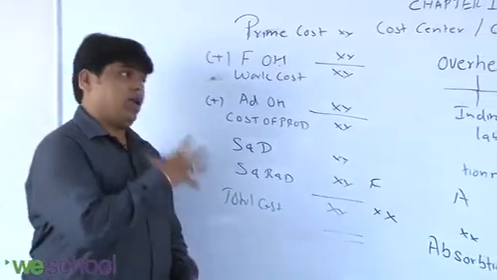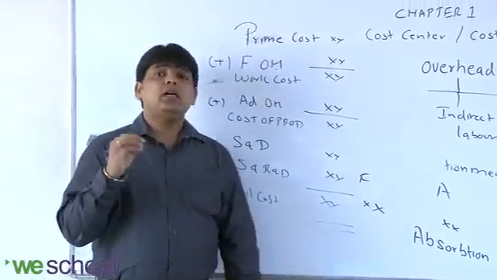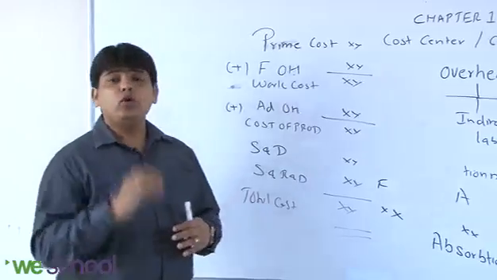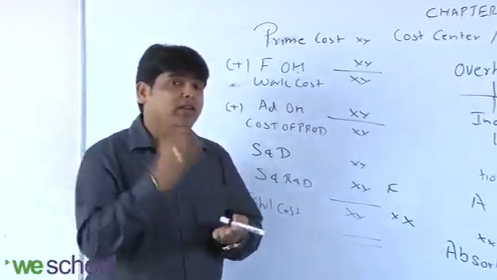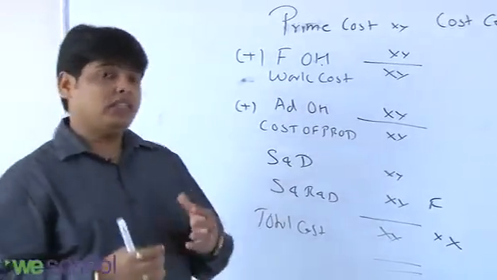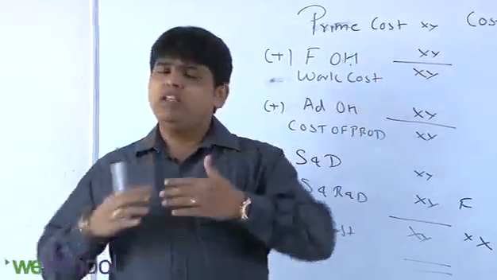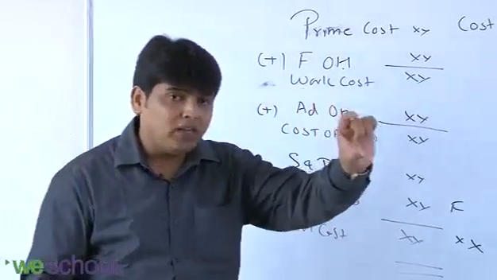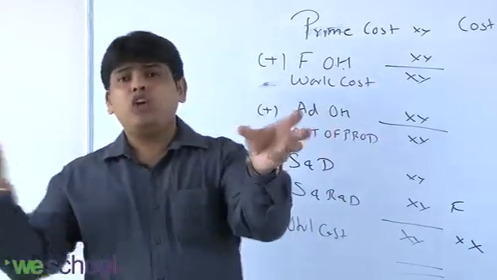So this is how you calculate your total cost of production. In this example, we are talking about a company which is not producing one particular type of product, but is dealing with different chains of products. So this is how they calculate. First they find the prime cost. How to find prime cost for each and every product? It is very easy for the cost accounting people to find out the raw material cost and the labor cost for one particular type of product. So prime cost is easy.